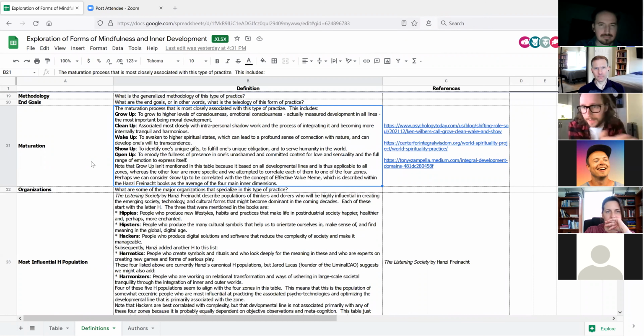Okay, it actually says value meme, but the way that I understand growing up is about maturity and responsibility, these kinds of things. Okay, I might be conflating too much here, but then again, it's